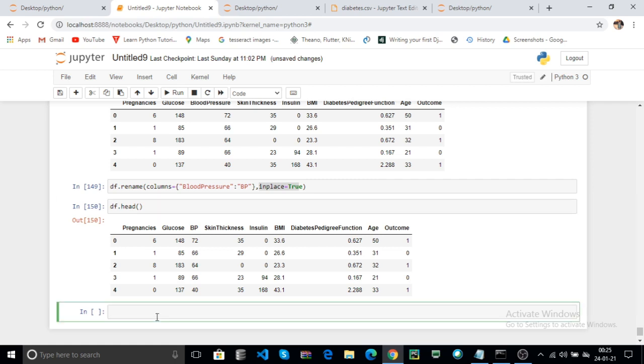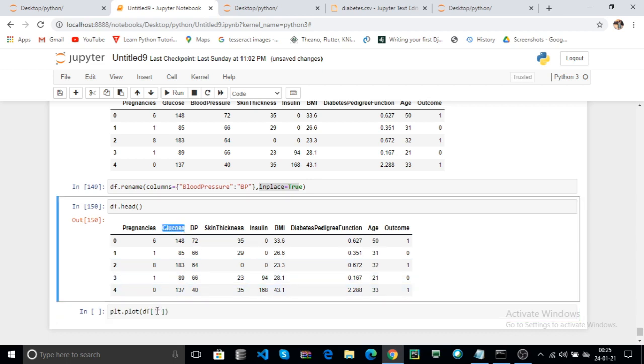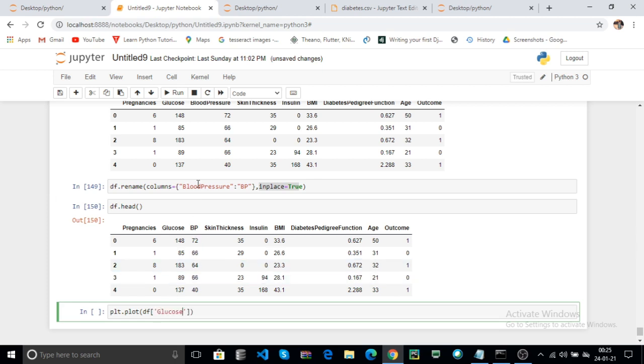Now discuss, for example, plt dot, which is the plotting of matplotlib. First we visualize, for example, glucose. Control C, Control V, and click on run.